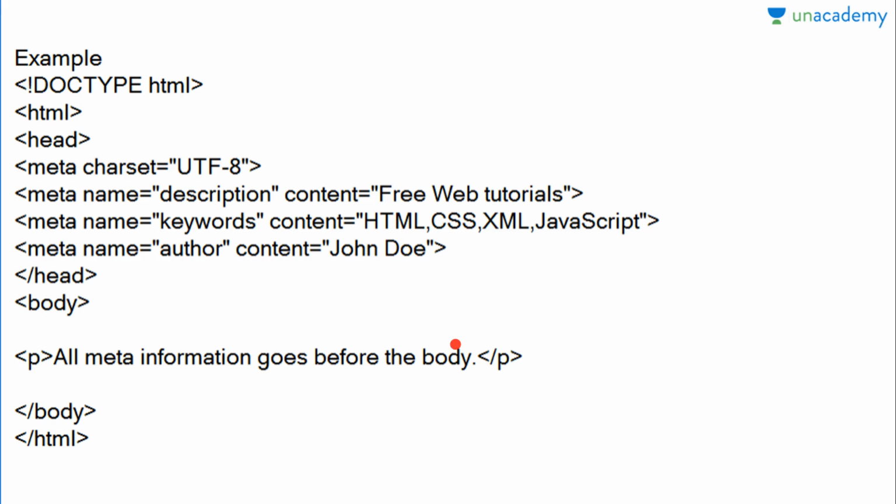So this was the topic for the day, guys. I hope you liked my lecture. Let's take a summary of this lecture. First we studied the head element and its benefits, then we studied the title element, and at last we studied the meta tags: how a meta tag is applied in charset, in description, in keywords, in author, and how a meta tag is used to refresh your page.